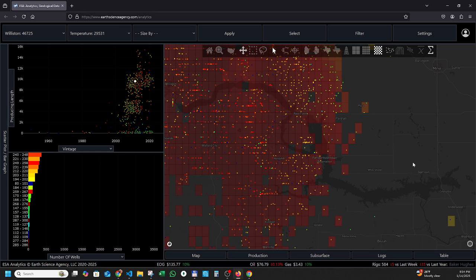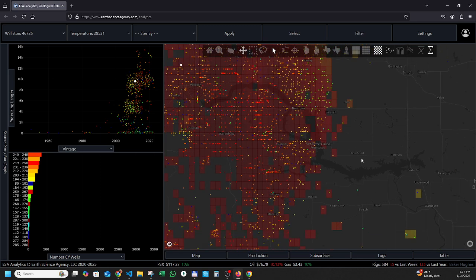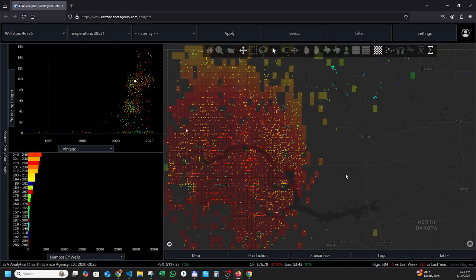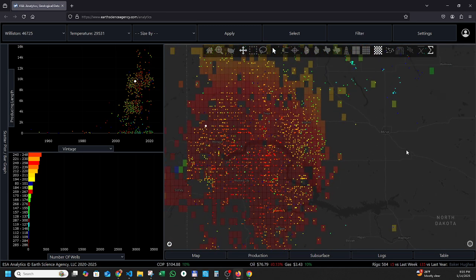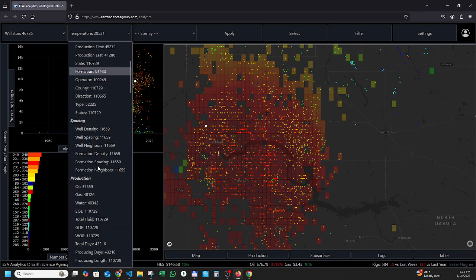But we do have production data, and that's often used as an analog for reservoir quality, or at least what you can expect to get out just based on what other companies have gotten out of it. So if I plot oil 1 year,